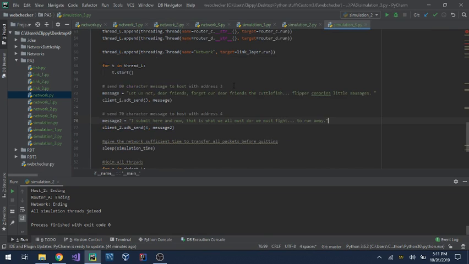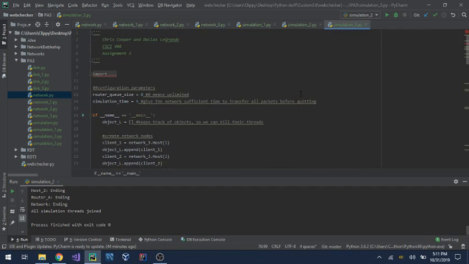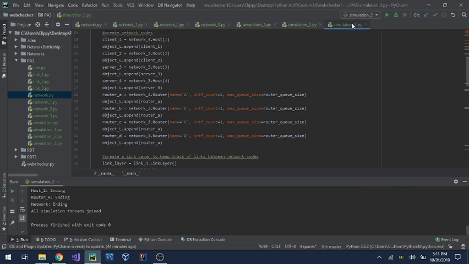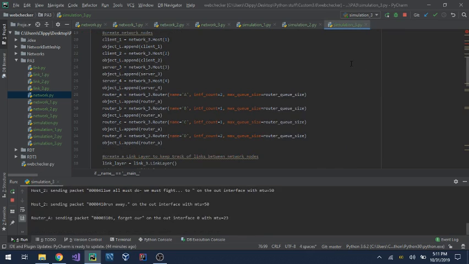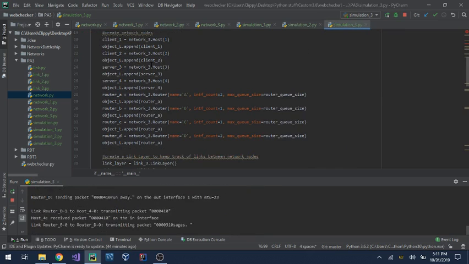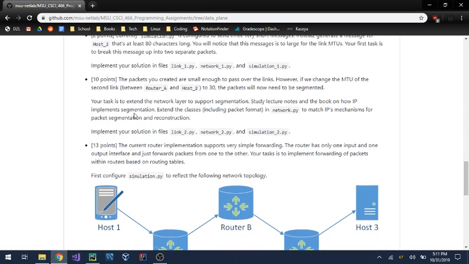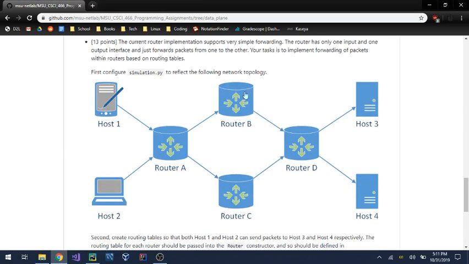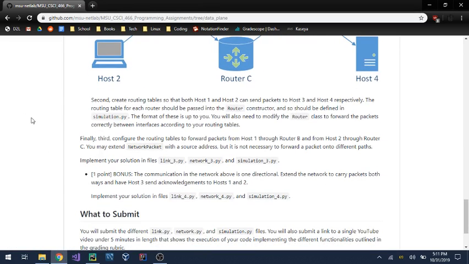In simulation 3, we had to add a whole bunch of links and a whole bunch of routers. We can go ahead and run simulation 3. We had to implement this little network topology here. We were able to do that,